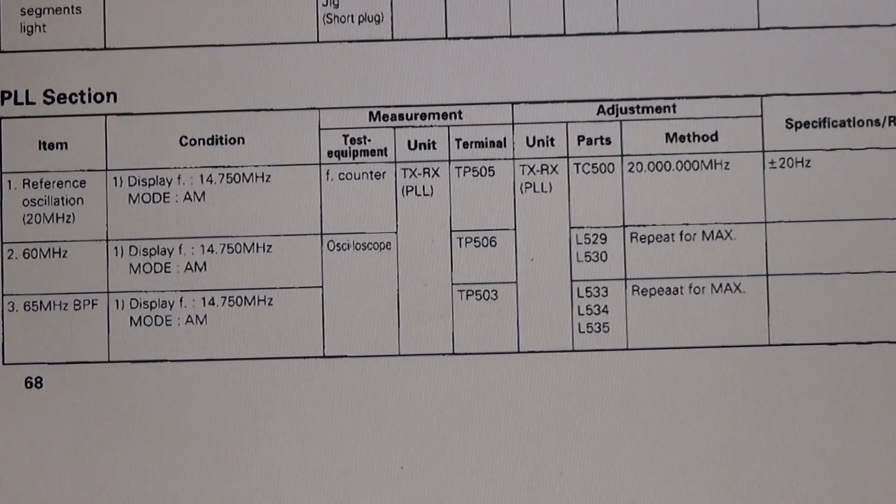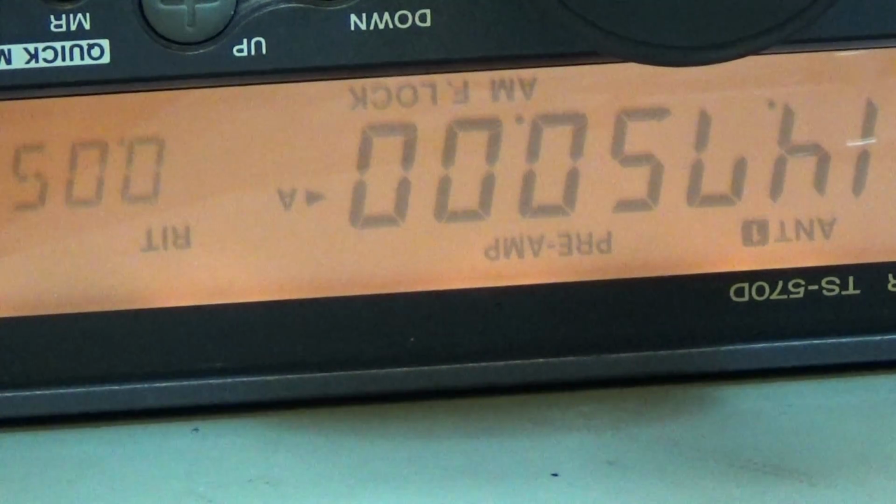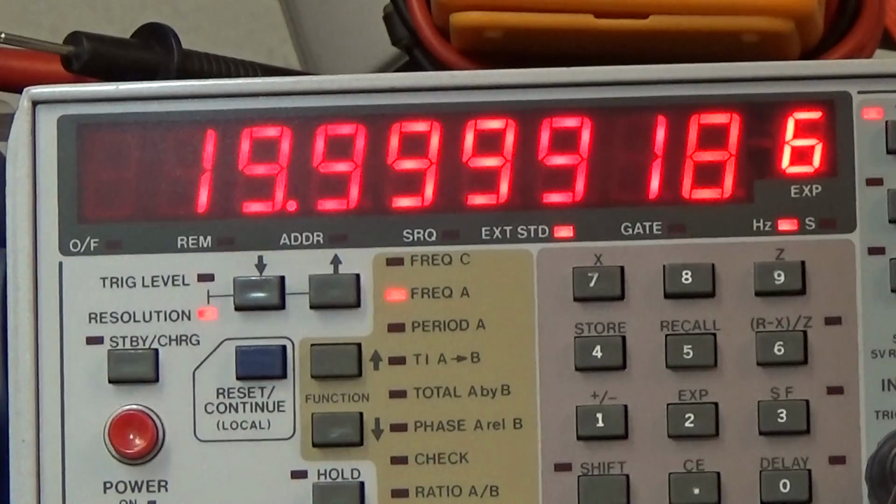So yeah, that definitely means we need to be very accurate. Okay, presetting done, 14750. It is set to AM, and that means we can directly start. And this is the hour of truth. So what we see is that we are 82, 81 hertz off, and that needs to be realigned to exactly 20 megahertz,